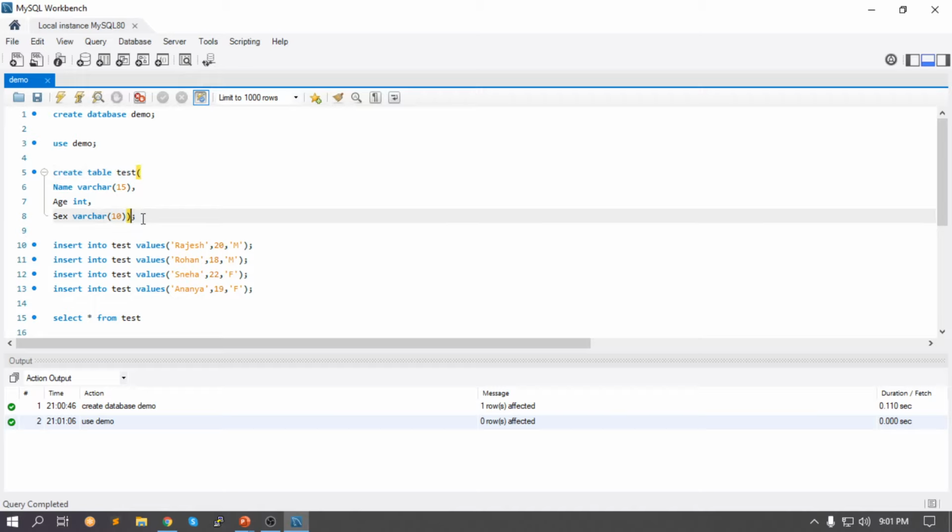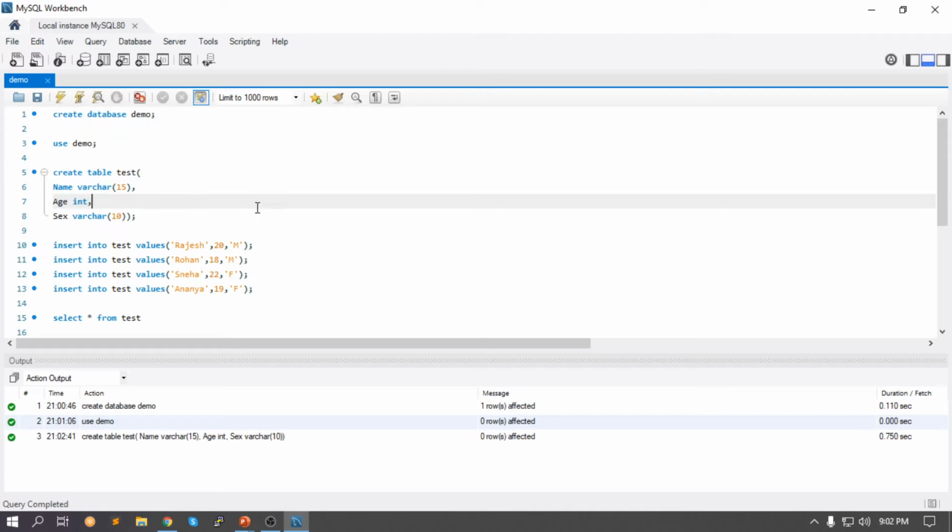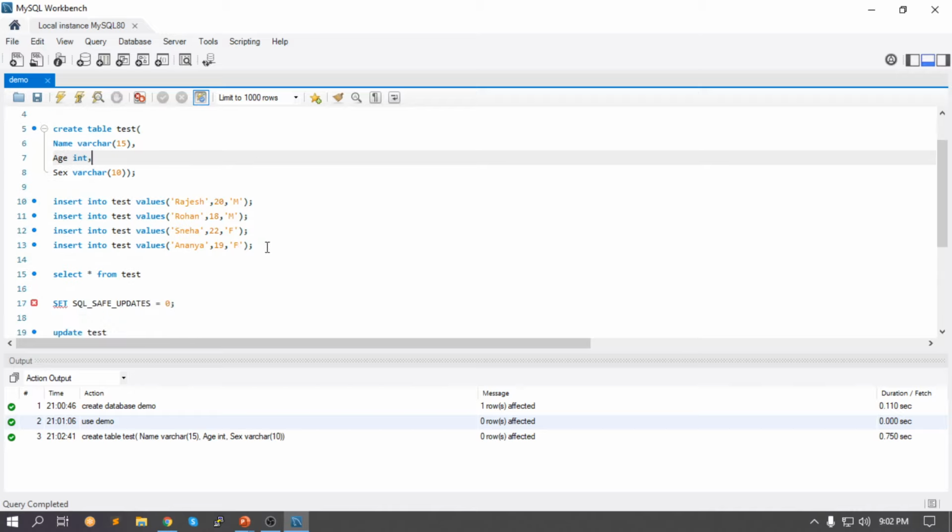And then we have whether the person is male or female and more. That again is a single character, so we're going to use char. We can use varchar, and we can go on using text as well if we want, but that's a waste of memory, guys. As soon as I run this particular query, I'm going to select this query and run it. As soon as I run this, our database is now created, our table is now created, but we just created an empty table, so we do not have any data in our table as of now.